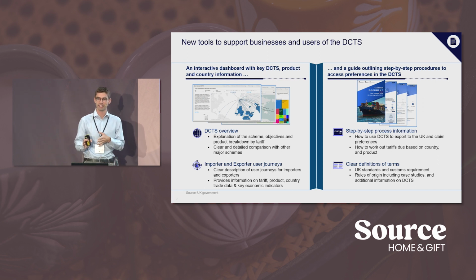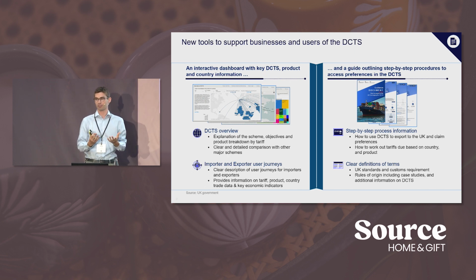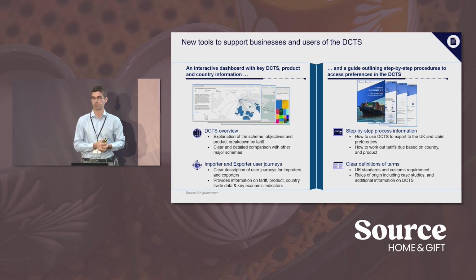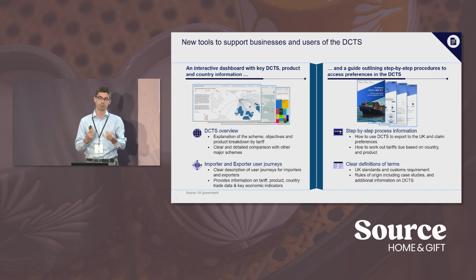I talked briefly, and Sevilla did as well, about the quite complicated rules of origin that are in any trade policy scheme. We have a rules of origin lookup tool on the left. So for your product, say, the example of socks again, you can simply type in socks, and it will tell you all of the processing and rules of origin requirements you need in order to go from a developing country and sell your product to the United Kingdom, which is really useful for manufacturers in developing countries, but also for UK buyers, working out how difficult it is to get products from developing countries to the